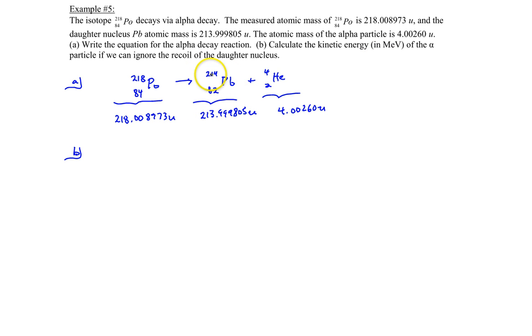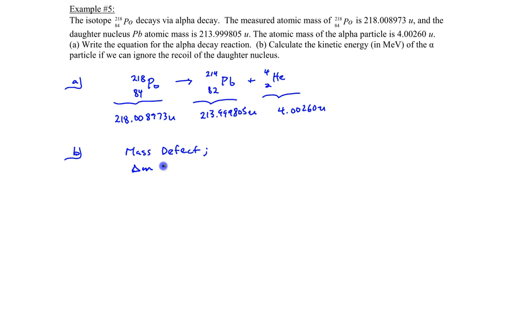So in part B, we're asked to find the kinetic energy that's released in this reaction if we assume that the daughter nuclei does not take any of that kinetic energy, and so all of the kinetic energy is really to the alpha particle. Now, to find the kinetic energy, we're going to assume that the missing mass is turned into kinetic energy. So let's calculate that. We're first going to start off by finding the mass defect,